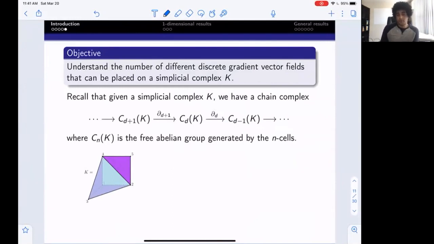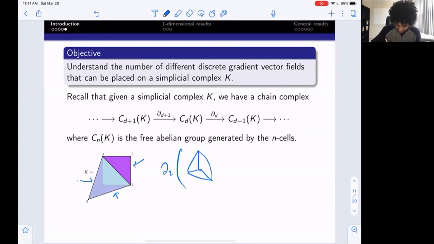I need you first to recall that given a simplicial complex, we may associate to it a chain complex, which in our case we're going to necessarily want to be Z modules. So they're all abelian groups. And in between these abelian groups, we have boundary maps. Here's a complex from before, where I've highlighted these two cells in the back and this one cell here. The way the boundary map works: if we take the second boundary map and put in a subset of two-dimensional cells, this purple bit highlighted,